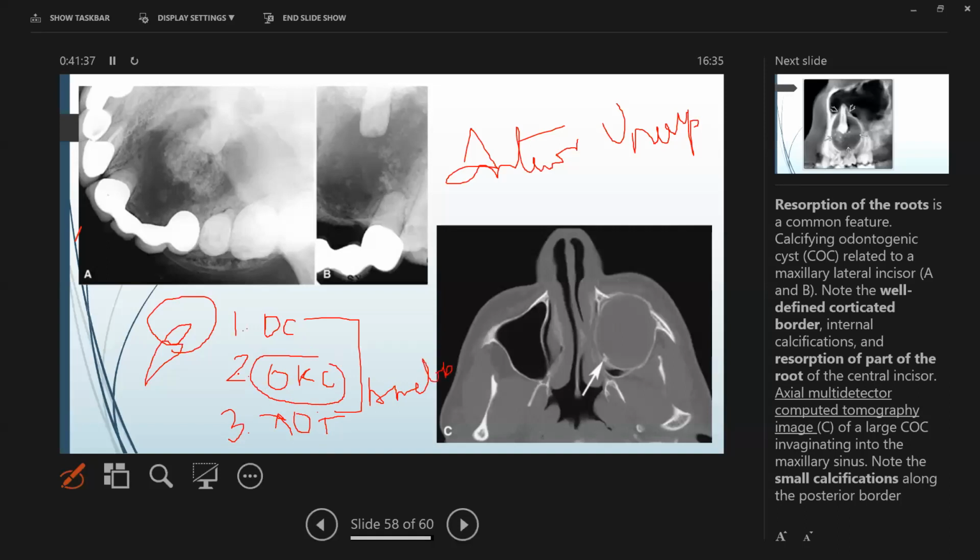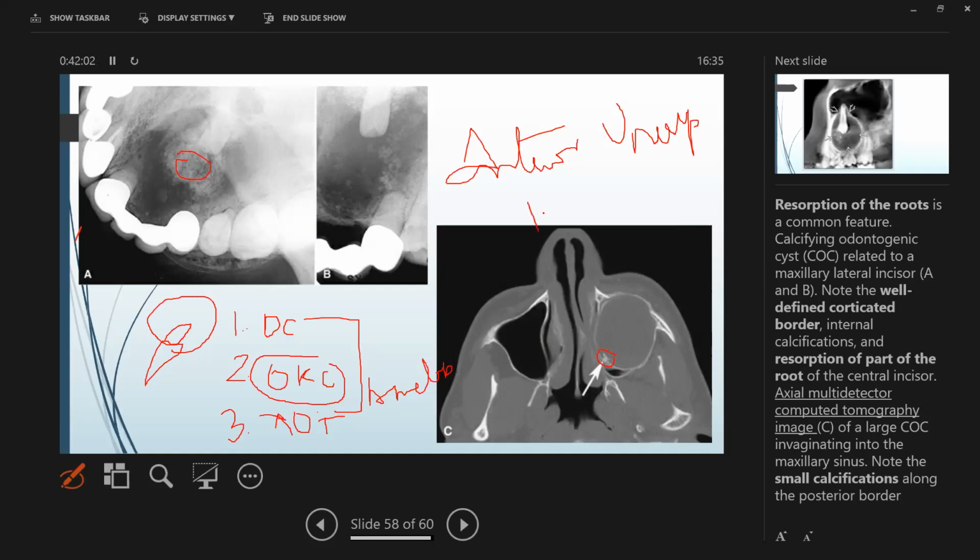But it depends. Now, this one shows some calcifications over here. You can see some calcifications in this one. You can see some patchy calcifications. And even in the axial CT, you can see here in the periphery, towards the posterior, some calcifications. If the cystic lesions are associated with an unerupted tooth and you see calcifications within the lesion,